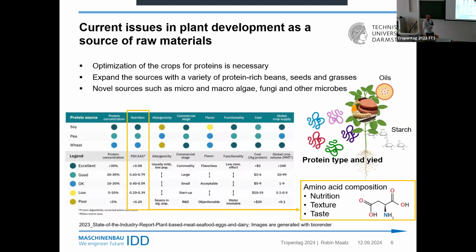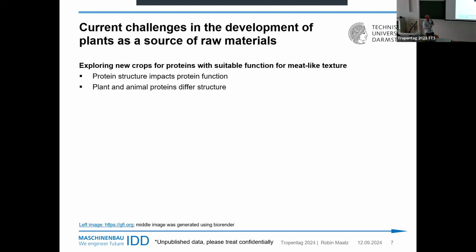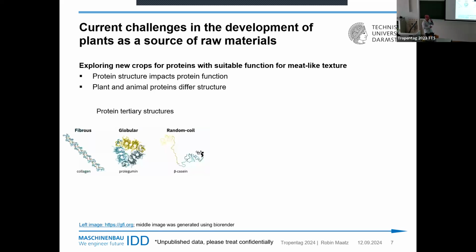Sticking to the amino acid composition, not only the composition is important, but also the sequence that leads to the protein structure. And we're coming closer to the manufacturing process, which is also part of my research. The protein structure impacts the protein function. As I already said, plant and animal proteins are very different, also in their structure. So here are 3 examples of very